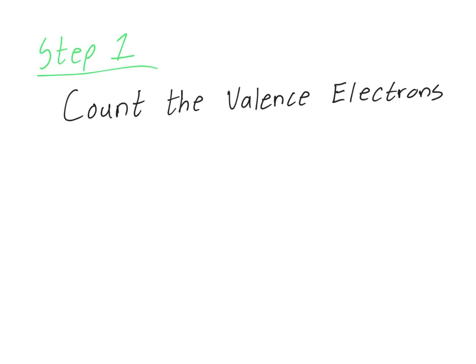Te has 6 valence electrons, and we add that with 5 times the number of fluorine valence electrons, which are 7, and then we add one more electron because there is a